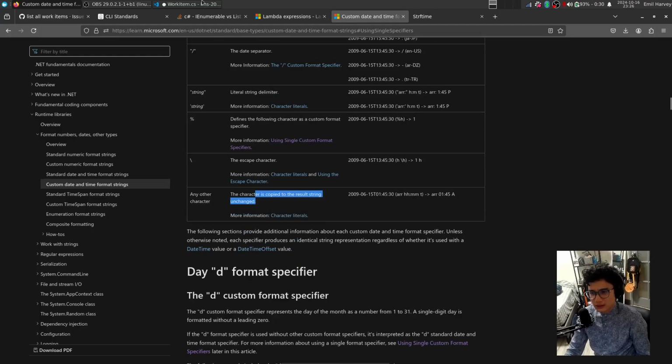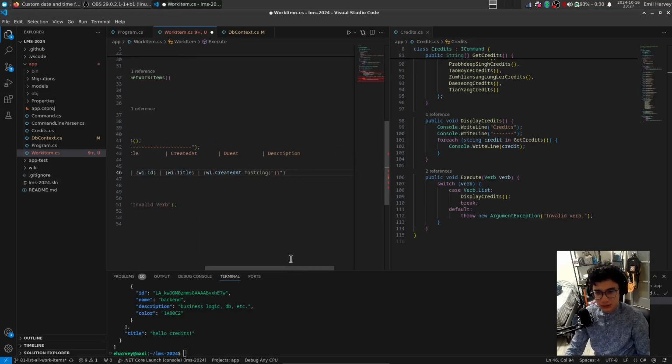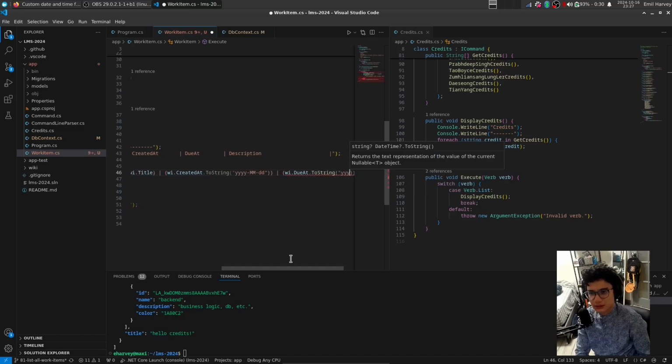So we want Y dash MM dash DD. Okay, and then due dates would be the same thing, but now for due date, toString, MM dash DD, oops, DD,